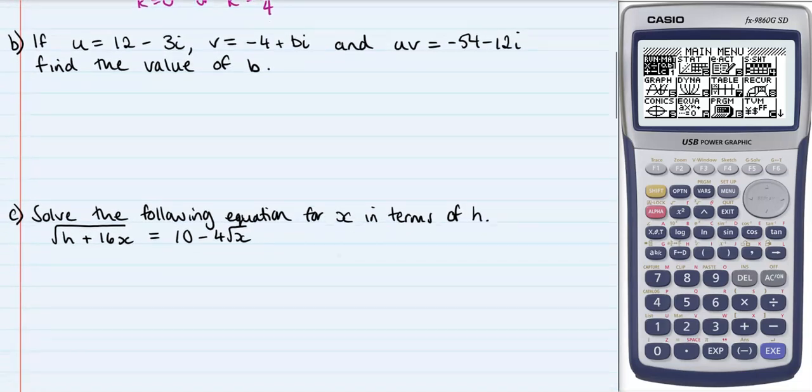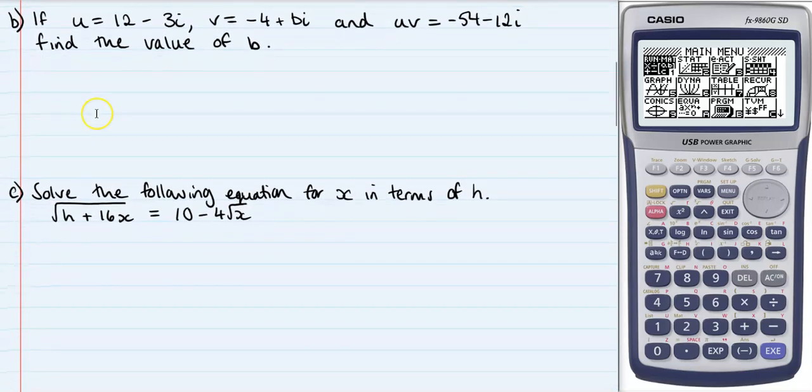For part B, we've got the complex numbers u and v, and the multiplication of the two is equal to this. And we want to find the value of b just here. So to find v, we will do uv divided by u, or minus 54 minus 12i divided by 12 minus 3i. So I'm going to go over to the calculator,